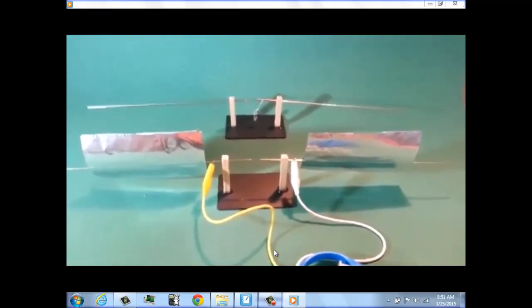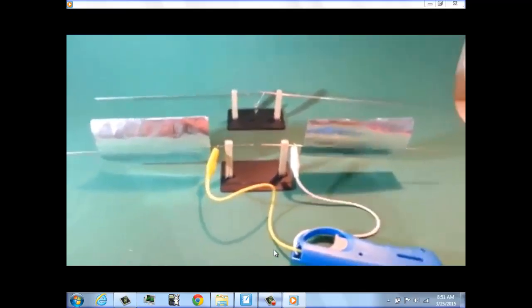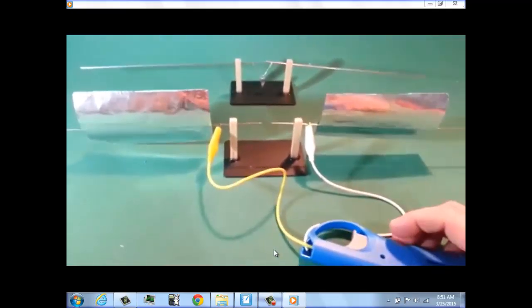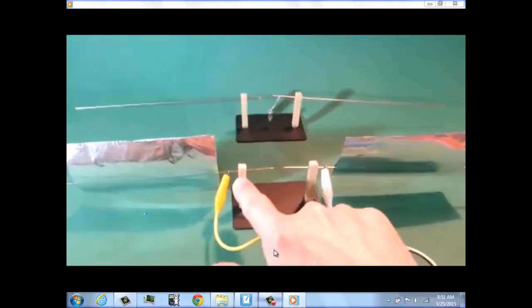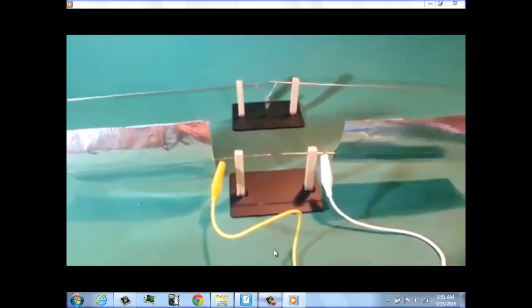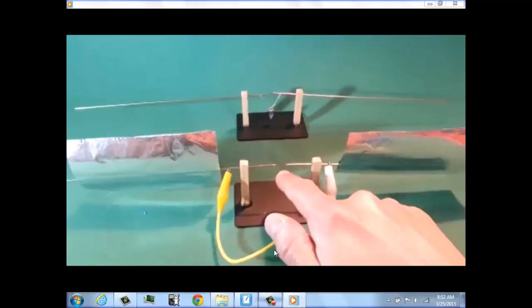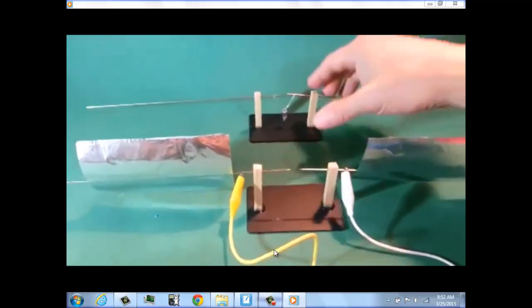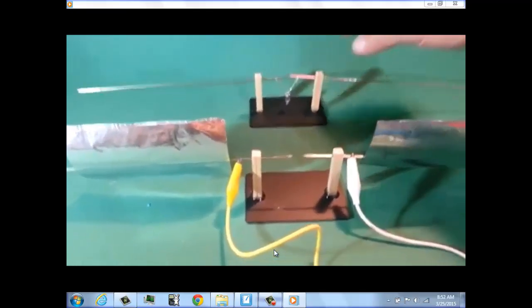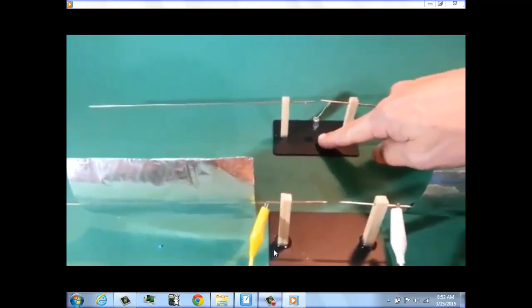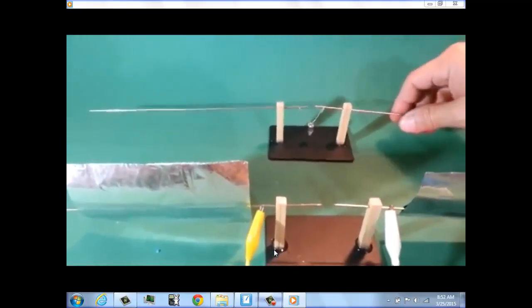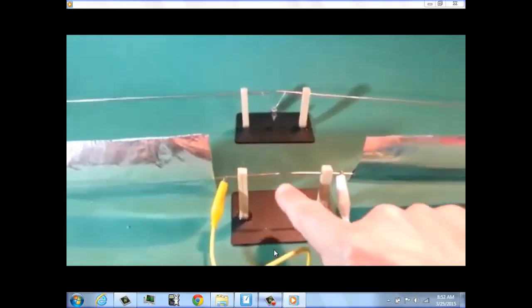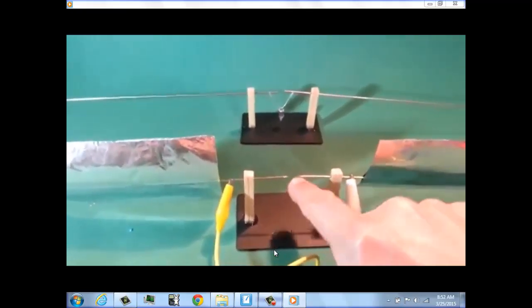This is our setup to replicate Hertz's experiment. We have the spark generator connected to these two wires, and the electromagnetic waves will travel through the receiving antenna. Here we have a neon lamp connected to the antenna, and when the spark is produced here,